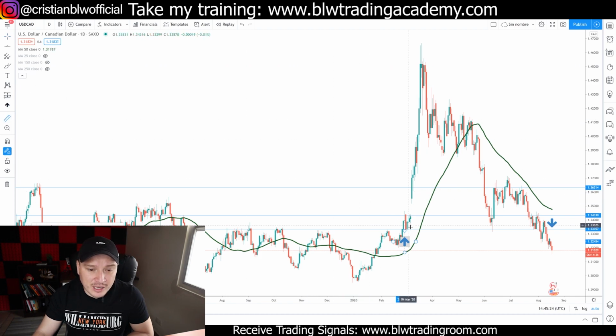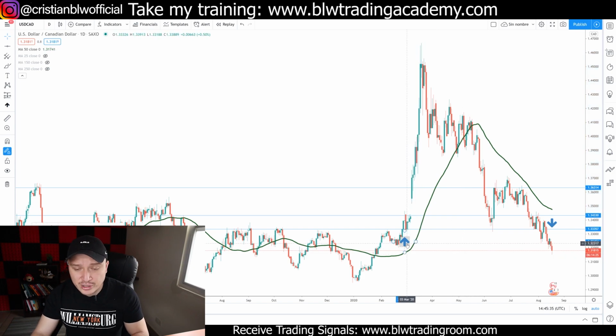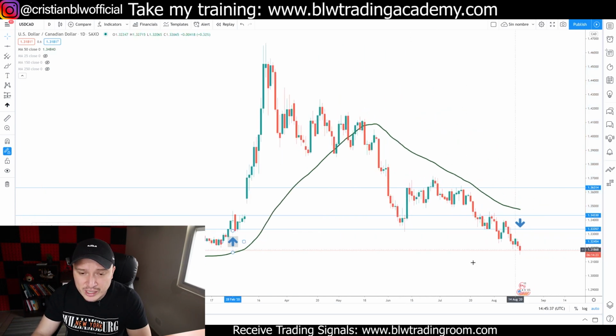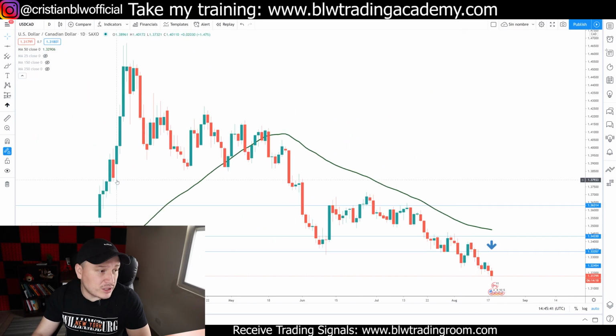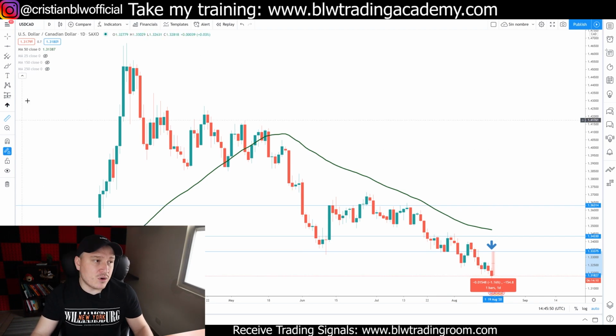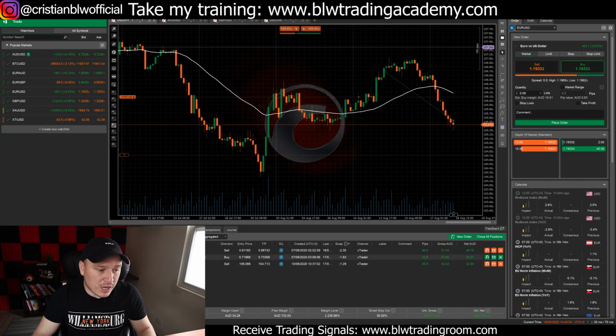Let me see how many pips it actually got. This was in March. It got over 1,300 pips pretty much. And right now, as you can see, this same line is actually right here. Since it got broken as a support line, it was a good entry opportunity in this area as well. And you could have entered right here. And so far it has given 154 pips. And I do think it's going to continue,